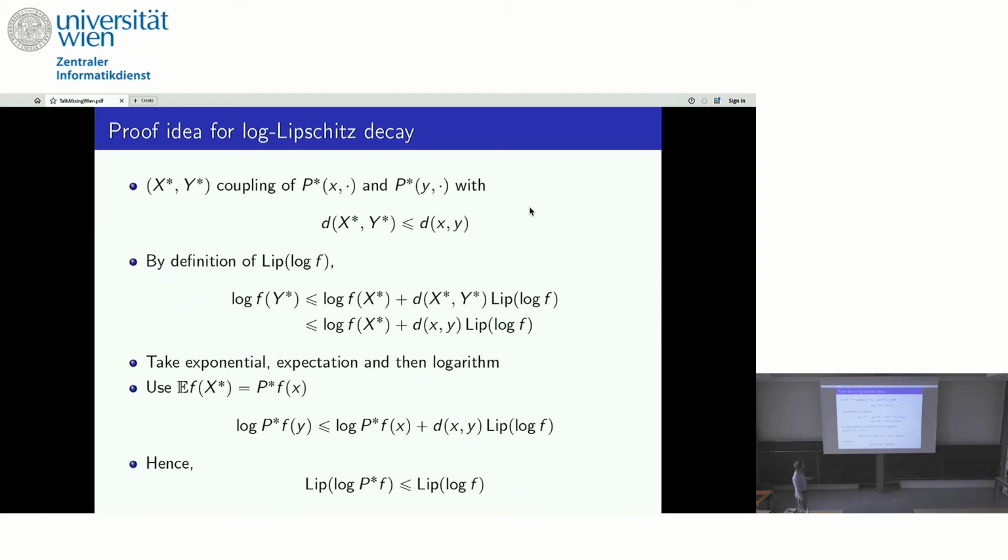And the second inequality you see in the middle is the consequence of the non-negative sectional curvature. So you estimate the dx star y star by dxy. Then having this inequality, you can take exponential expectation and logarithm again, and then you are more or less there. So the computation is quite simple, but still it will have some nice consequences related to this Paris-Theta-Lie conjecture.